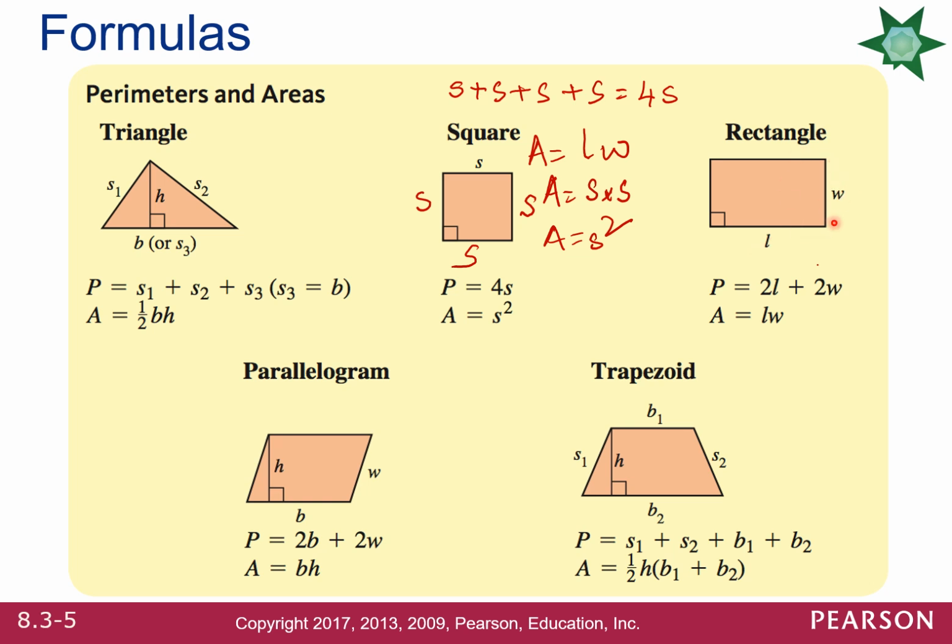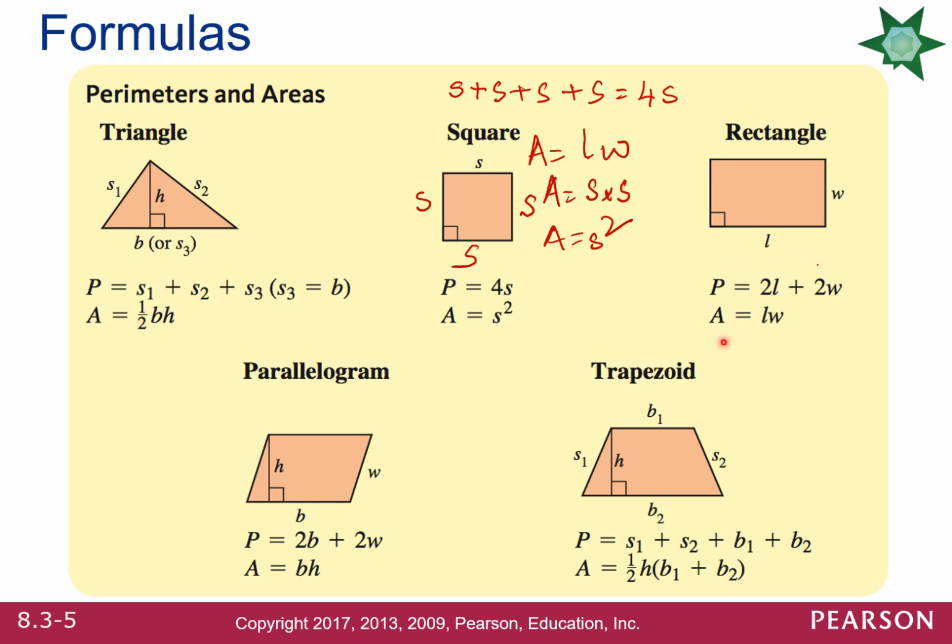And if the width is W, then its opposite side will also have the same width, W. So when we perform the addition, it's L plus L, which gives us 2L, and W plus W is 2W. We add them all up together. It's like doing L plus W plus L plus W. You add up the two L's, you add up the two W's, and you add those quantities to get the